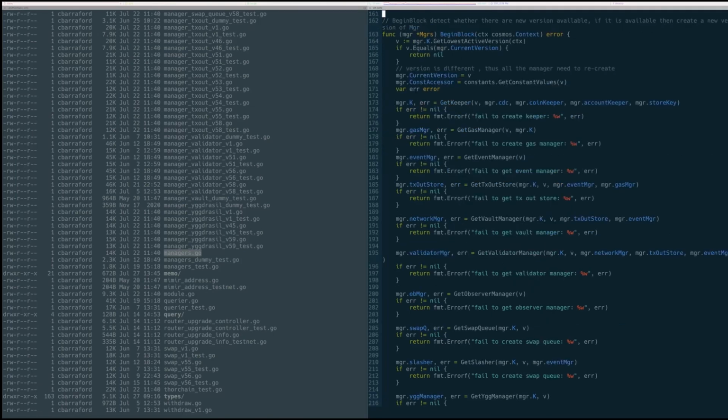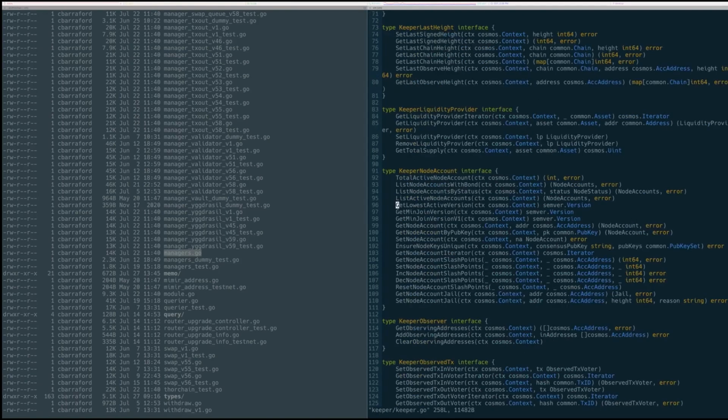So the manager here, this is the begin block. This is where the network changes version. At the beginning of every block, it analyzes the lowest active version. This is the question someone else asked before: how does it know what version it's on? Well, it looks at all the active validator state and finds the one with the lowest version that's currently being